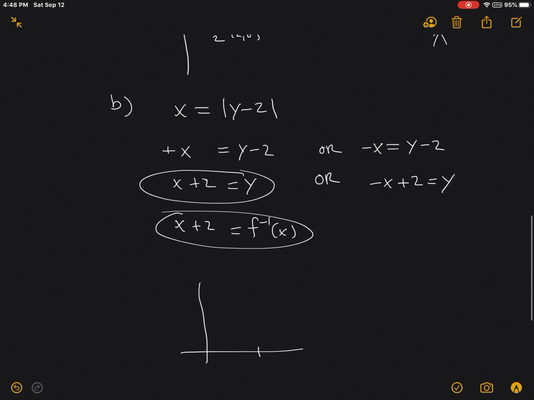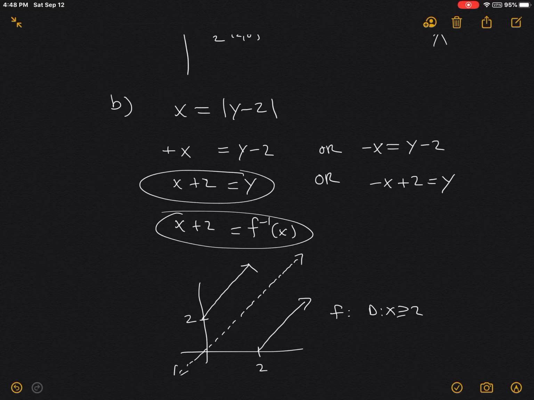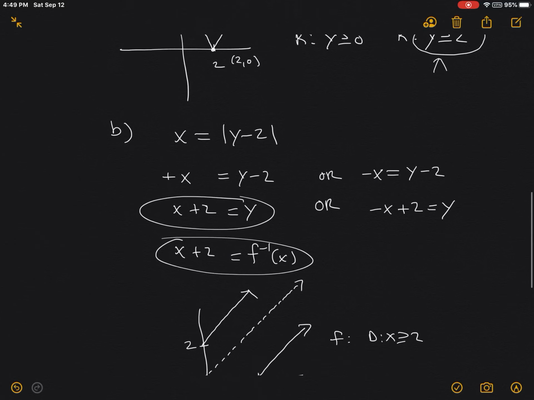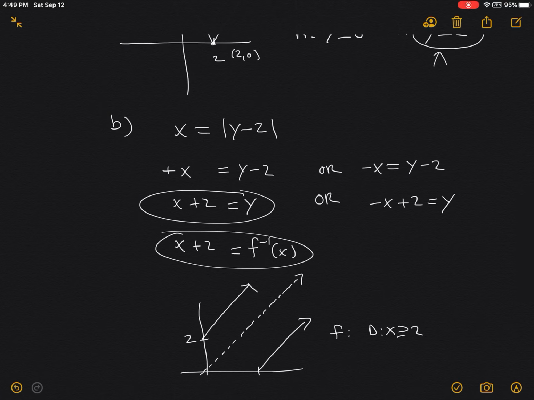That's x plus 2. And you can verify this. How do I verify this? On the graph. Remember, my absolute value function got restricted. This is f, and the domain is x greater than or equal to 2. Clearly, this is my f function. And then this guy right here is x plus 2. That's just the line x plus 2, which is somewhere over here. The y-intercept is 2. It's going to look something like this. Both of these graphs look like they are the reflection over the line y equals x. If you pick the other one, it's not going to look like a reflection over the line y equals x. But the way I know to pick this one is because the domain is x greater than or equal to 2, therefore y is greater than or equal to 2, which means that this one right here will give the